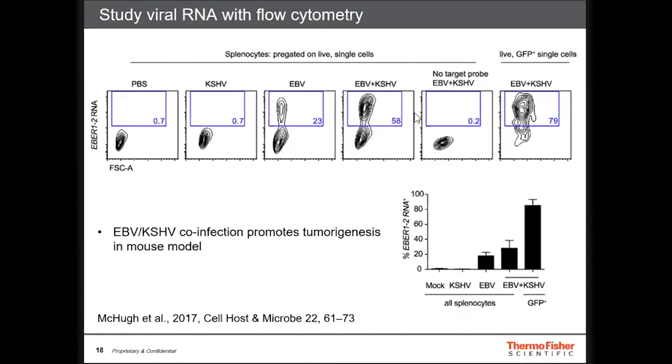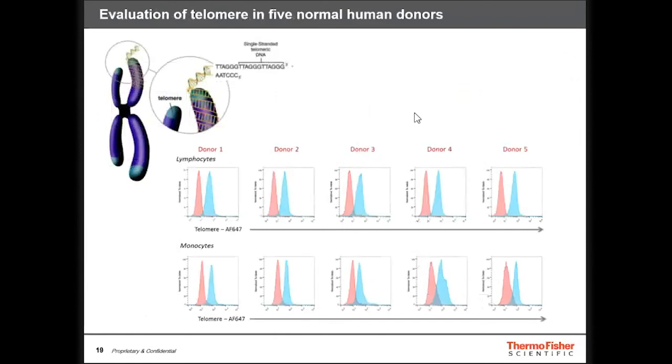HIV is really an important and pretty popular method that lots of researchers are using PrimeFlow for, just because of that sensitivity. So we've got lots of examples in the literature of that too. And so one final example I'll show here, I've highlighted a lot of different examples of looking at RNA expression, but it is possible also to look at